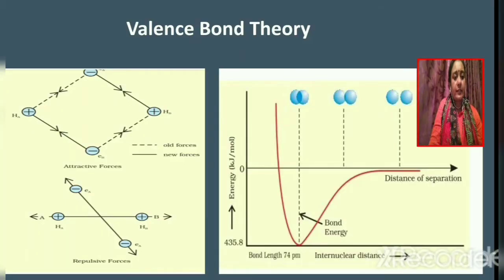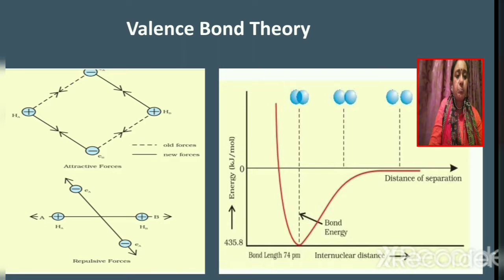Valence bond theory. Here this theory is used to explain the formation of hydrogen molecule. Let the two hydrogen atoms be initially far apart from each other. Let the hydrogen atoms be denoted as A and B. The electron associated with hydrogen atom A is denoted as Ea, and the electron associated with hydrogen atom B is